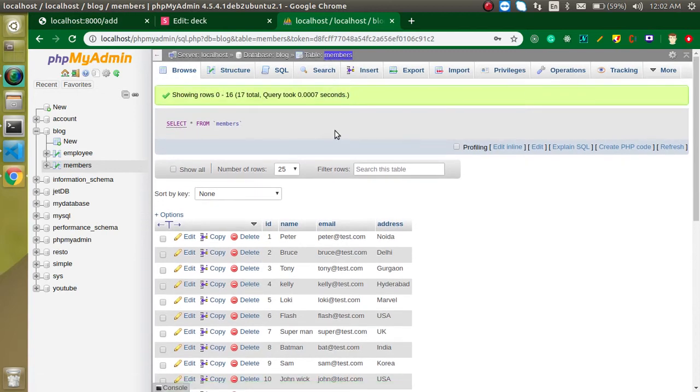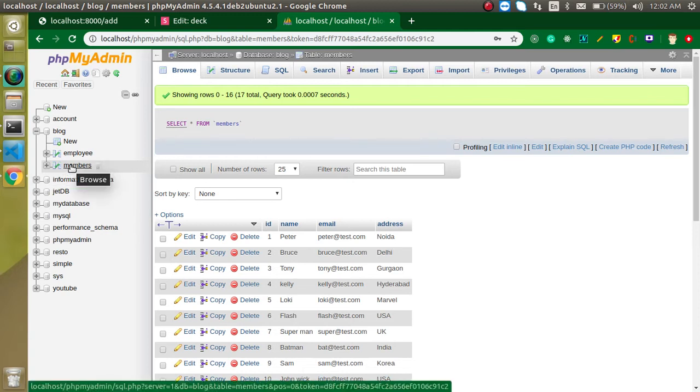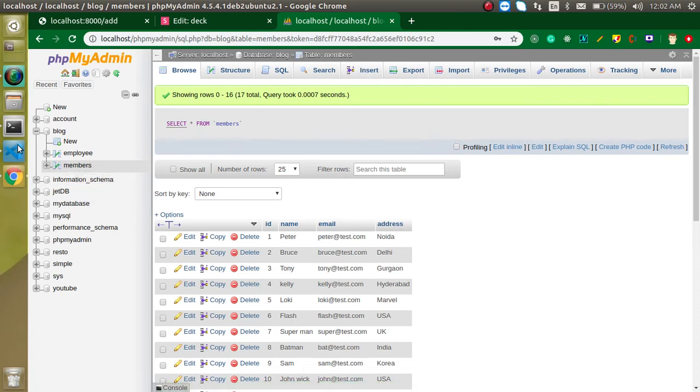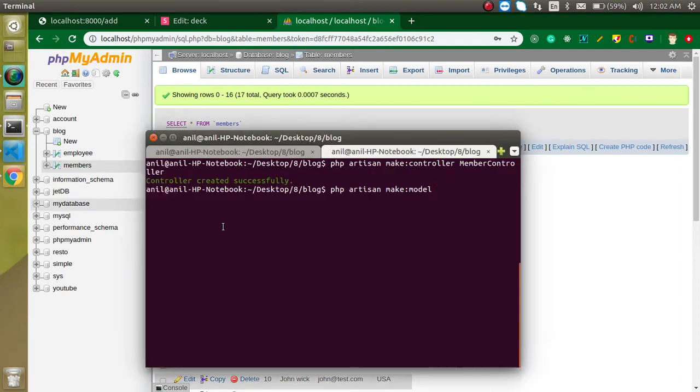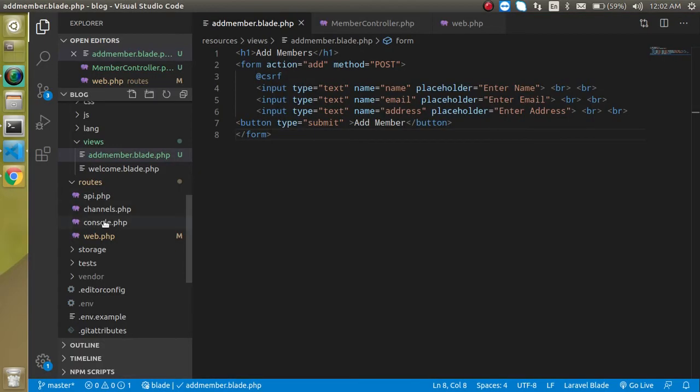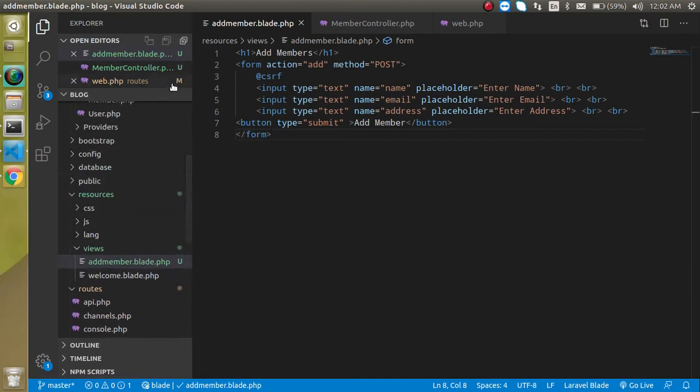And as I told you in the previous video also, the database table name should be plural and our model name should be singular if you want to map them without defining the table name, right? And just put here Member, hit enter, and we got this